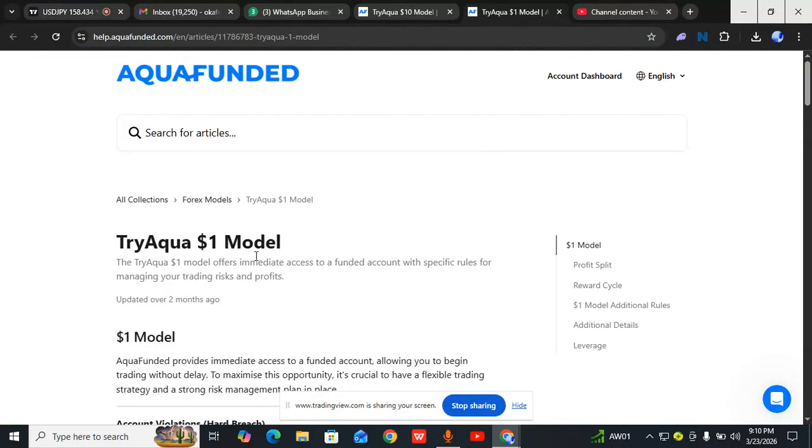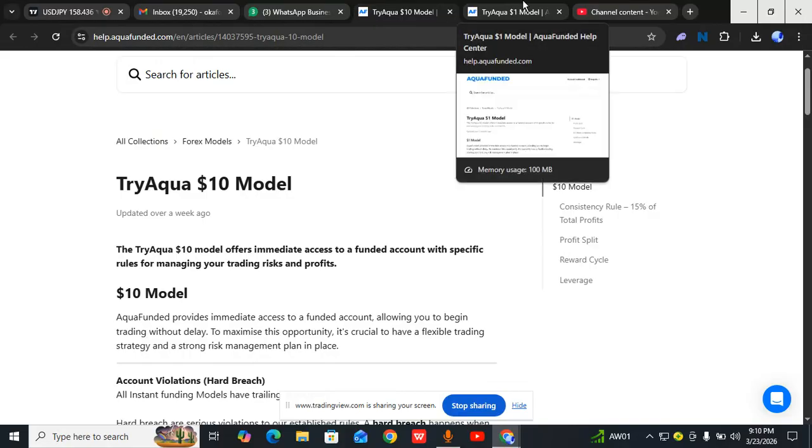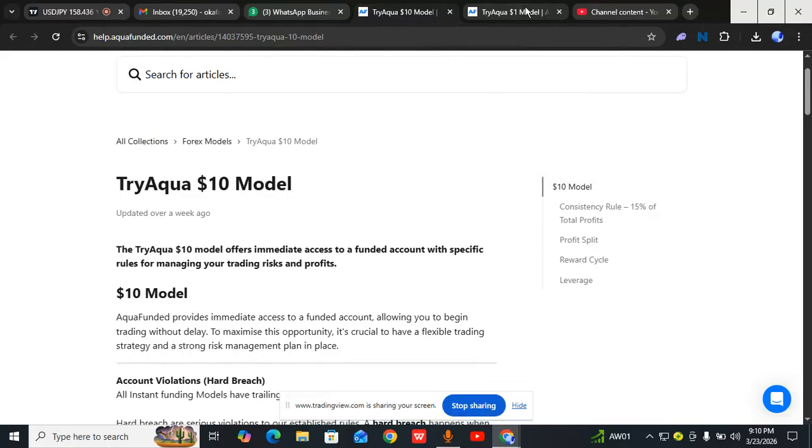In this video, we are going to be talking about the rules and some of the parameters you need to follow while you are trading the TryAqua $1K and also the $5K model. Now, I'm going to tell you the difference between both of them, all right? Because some people have been saying, since the maximum withdrawal on both accounts is $100, then what is the difference? So I'm also going to explain what the difference is and the advantage the 5K account has that the